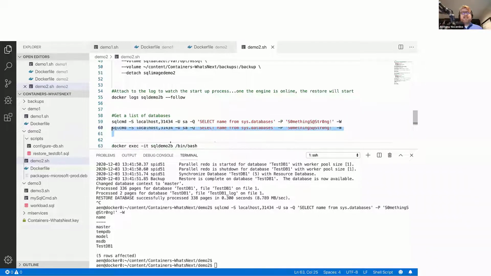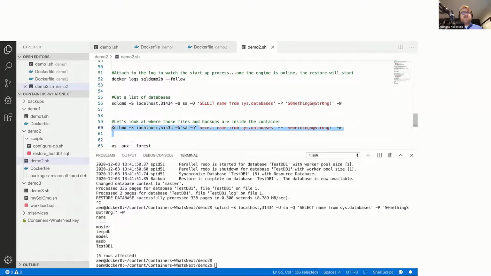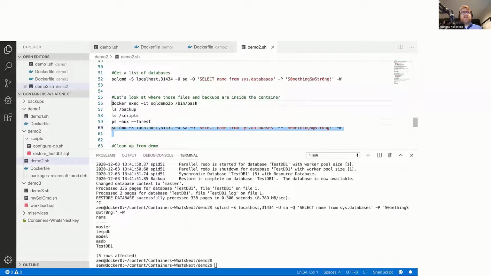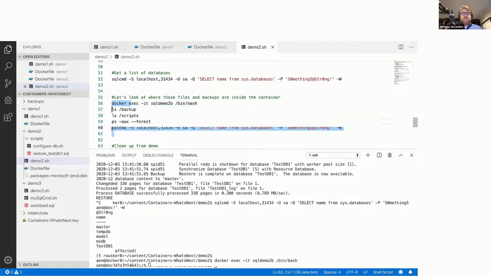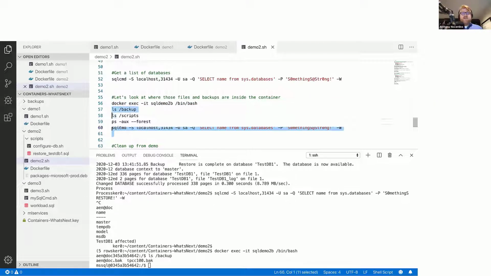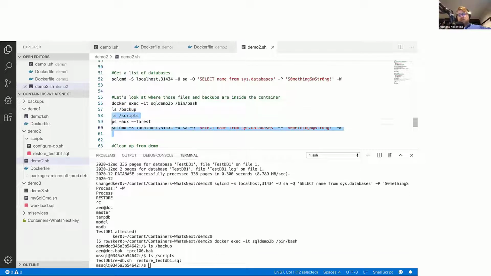So let's look at that inside of the container. If I go inside of the container and I look at that directory, it's the same as what we saw a second ago in the base OS, right? Those are the same exact files, just exposed at this backup location. Our scripts, however, were copied into the container. So these will go along with the container at deployment time. So if you do need to make a change to those scripts, then the container will need to be rebuilt.